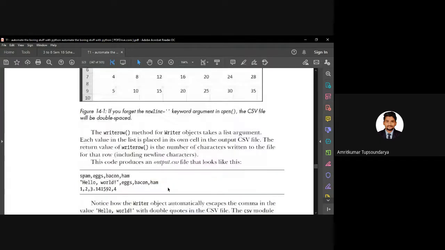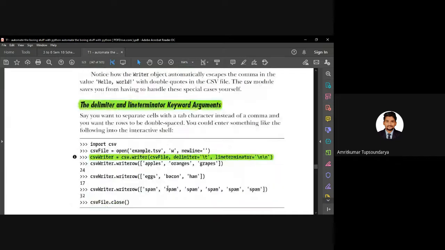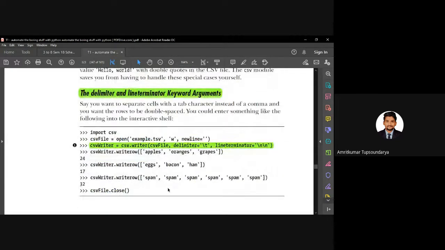Now let us see an example of the delimiter and the line terminator keyword arguments. So let's say you want to format the data in a more specific way with some delimiters and some line terminators, you can use csv.writer with three arguments here basically.